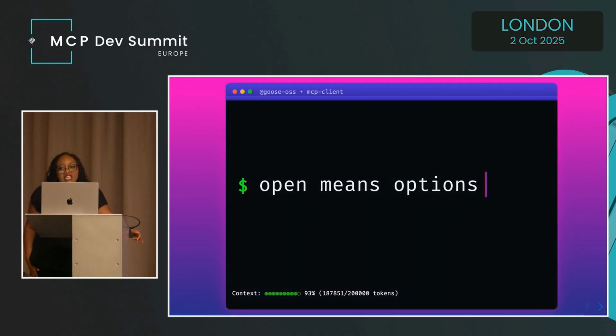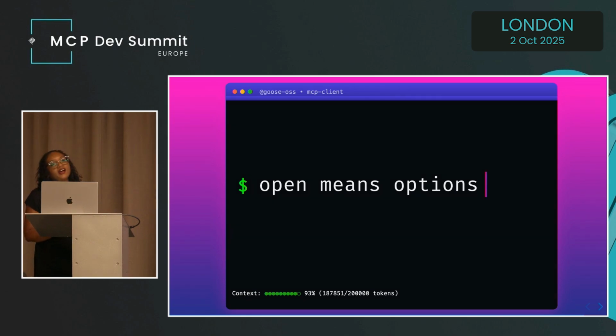So Goose doesn't need to be the number one client. That was never the goal. Block isn't in the business of selling AI agents. We open sourced Goose to prove a point. That openness matters. Goose is a living example of what's possible in agentic AI when you value things like access and transparency and choice. It pushes the conversation toward optionality instead of lock-in. And if nothing else, it sets the expectations that you as developers and consumers should demand as the ecosystem grows.